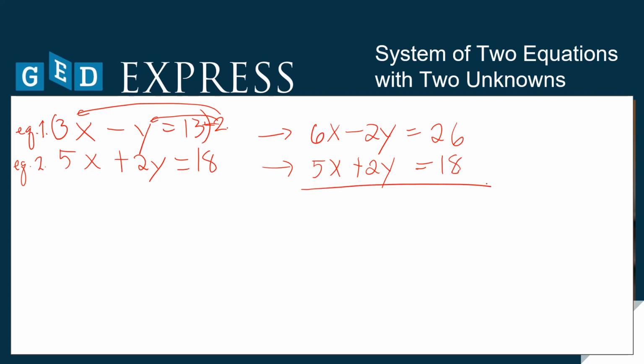So adding the equations, 6x plus 5x, I've got 11x, then minus 2y plus 2y, the answer is 0. So I won't write it anymore because it's 0. 26 plus 18 equals 44. Then undo the multiplication to find the value of x. Divide 11 by 11 on both sides. So x equals